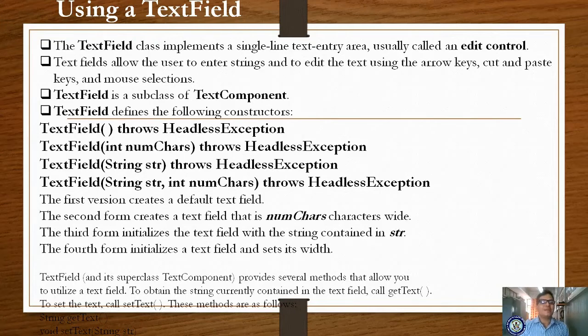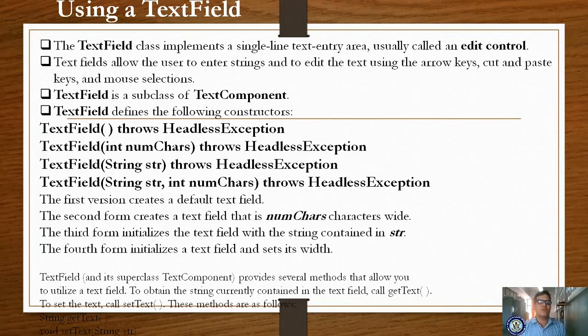TextField allows the user to enter a string and to edit the text using the arrow keys, cut and paste keys, and mouse selections.